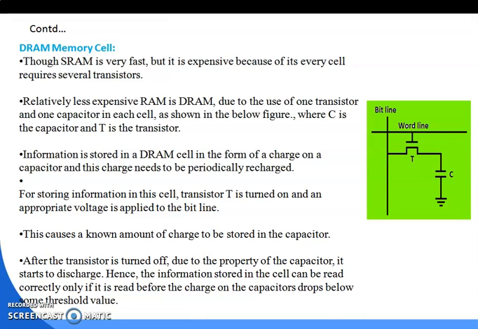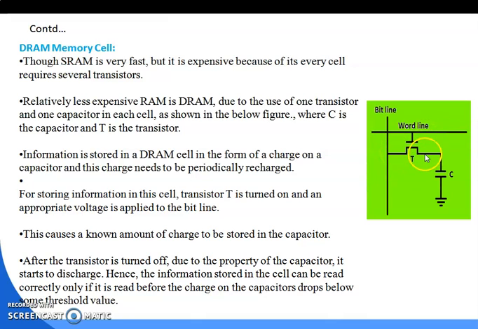That's why you can do read and write operations. Suppose you're writing something and you make a mistake, then you can erase it. So what do we mean by erase? That means when you erase or delete the space, at that time the transistor moves to the off mode and the power supply is disconnected, and automatically the charge, or capacitor, will be discharged. So that is the phenomenon of the DRAM memory cell.